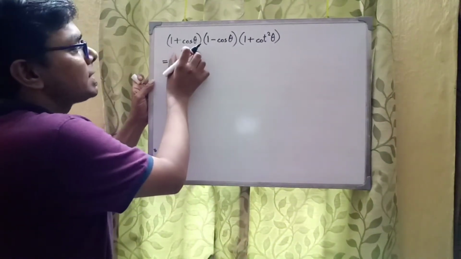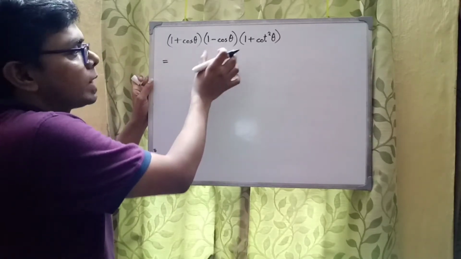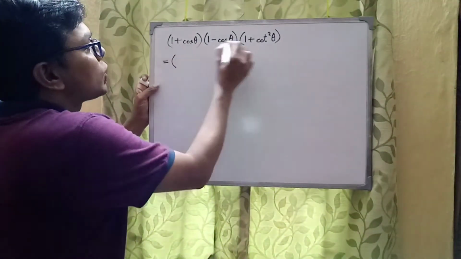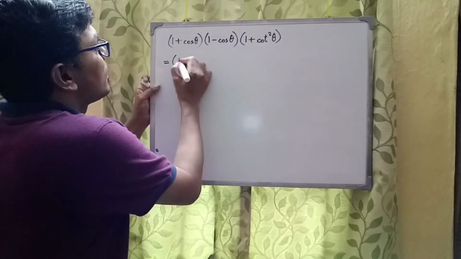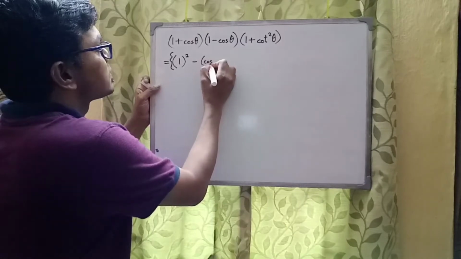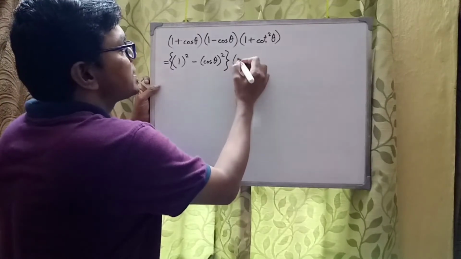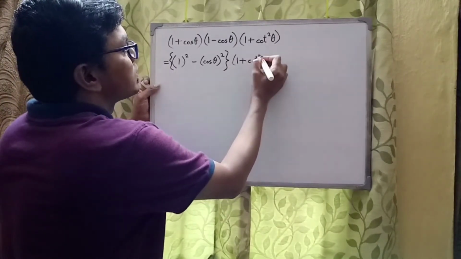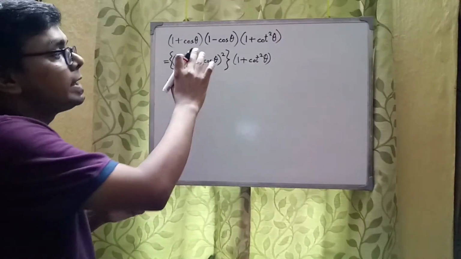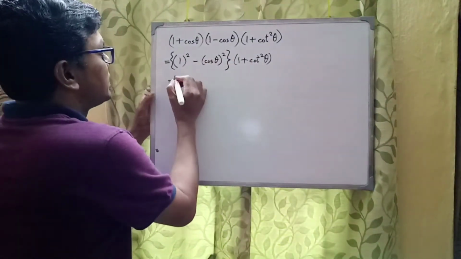We have 1 plus cos theta into 1 minus cos theta. This is in the form of x plus y times x minus y. So that gives us x squared minus y squared. So 1 plus cos theta into 1 minus cos theta would be, okay, let me write it like this, 1 whole square minus cos theta whole square. In this way it would be easier for you to understand, and the other factor is 1 plus cot square theta. Some of you are more acquainted with a plus b into a minus b, that is a square minus b square. So we are left with,